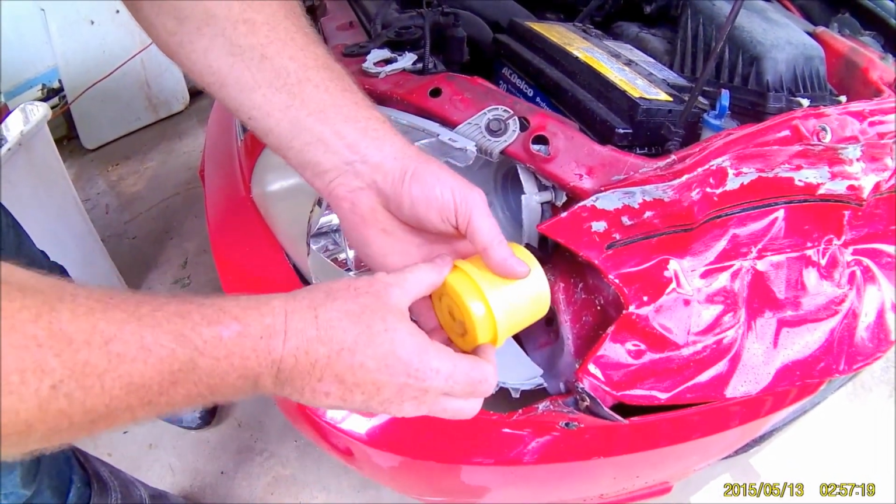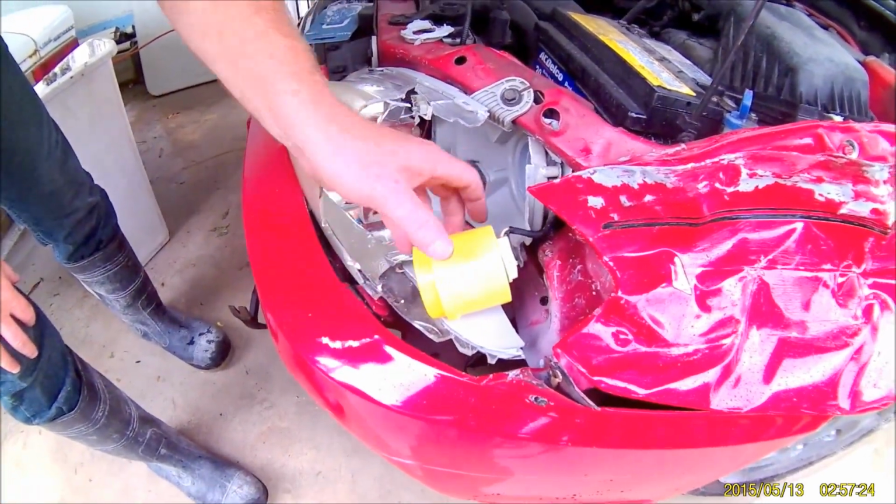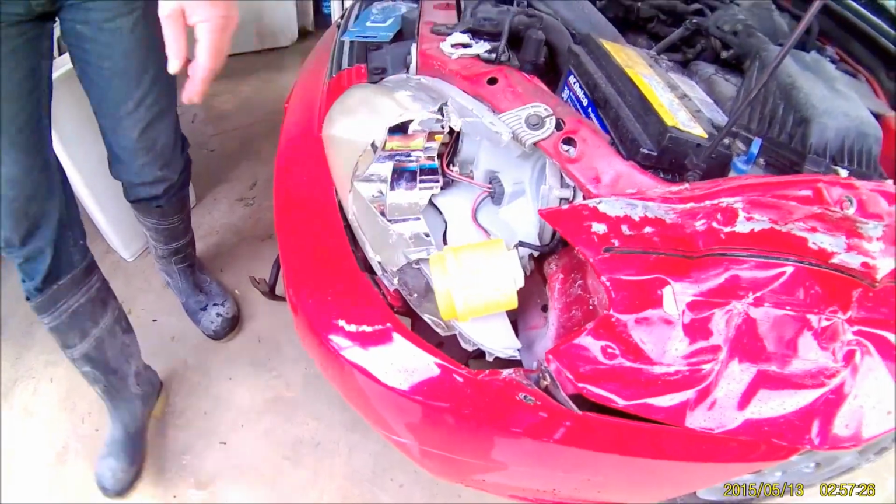Yeah, see, it snaps right in. We're good to go. Cool. That's it, so right there, caps. That's all you need. Yeah, that's the Great Stuff cap, and that's a cap off of a copper